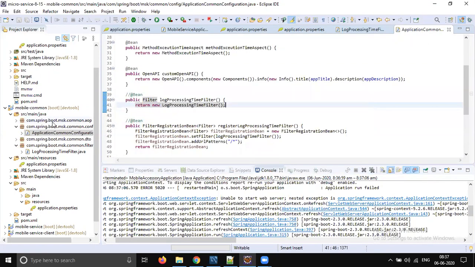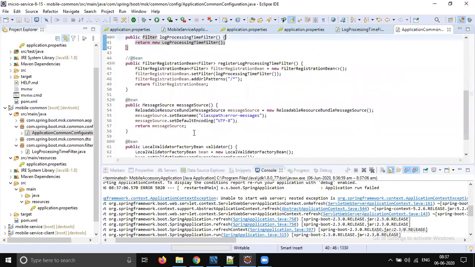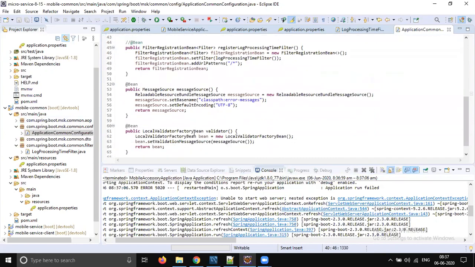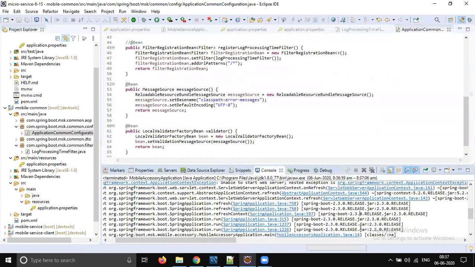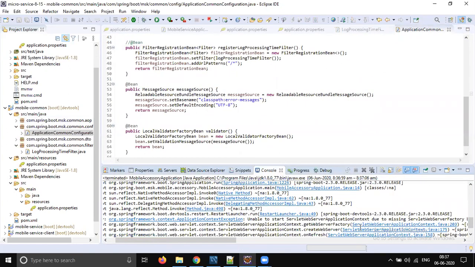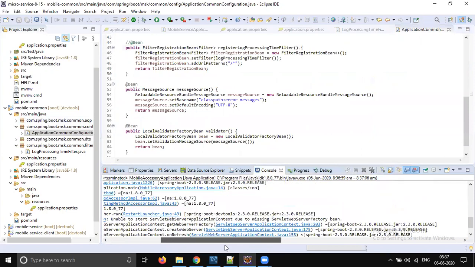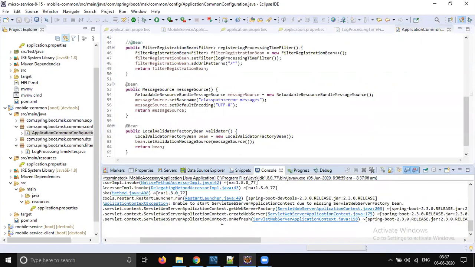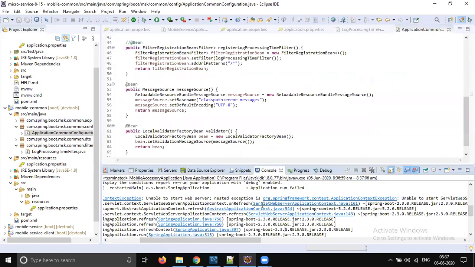Move to common. We are importing business resources. Actually, I know why this error is coming, but I'm just trying to stop it. Then I will let you know. I just want to start the server. That's why I'm just checking.